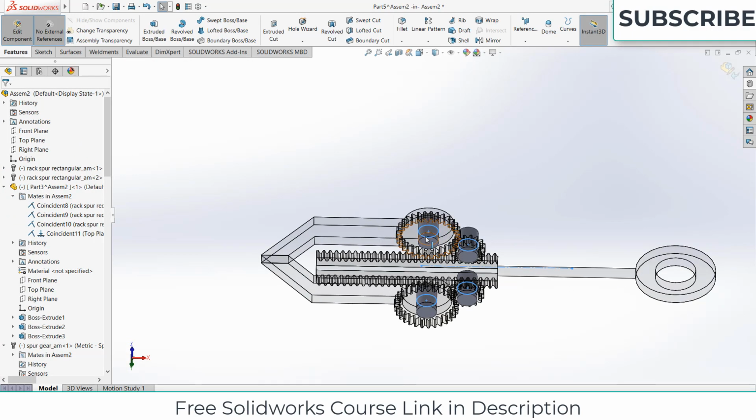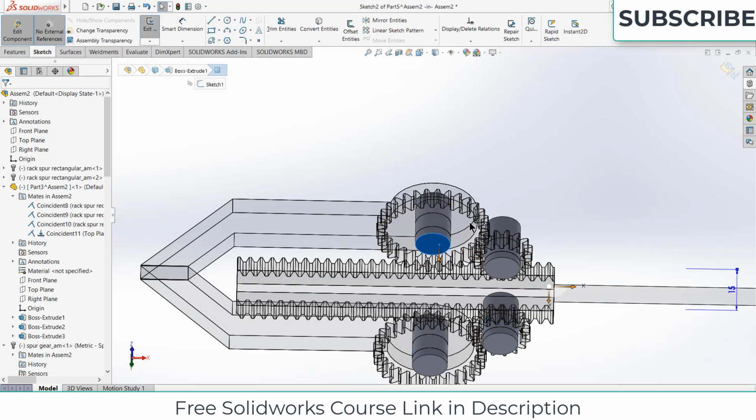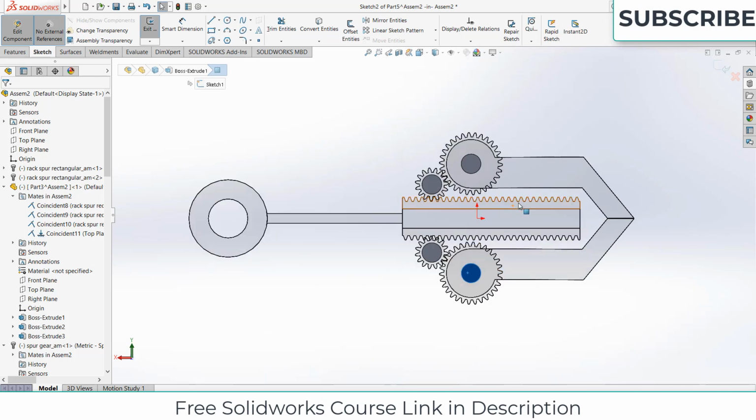Click OK. After that, select the bottom of the face, click on sketch, press Ctrl plus 8. So let's make the part.